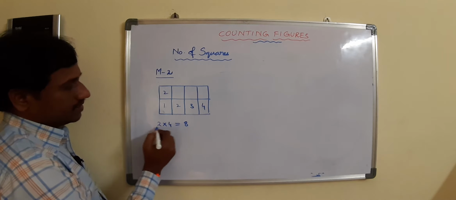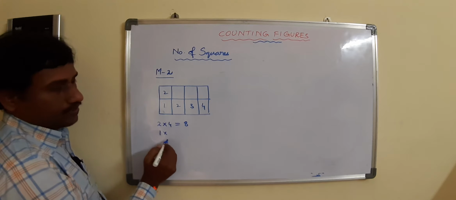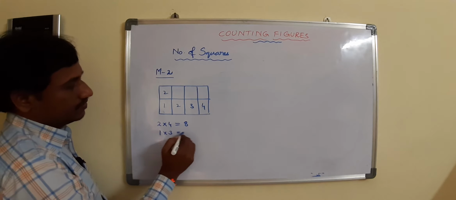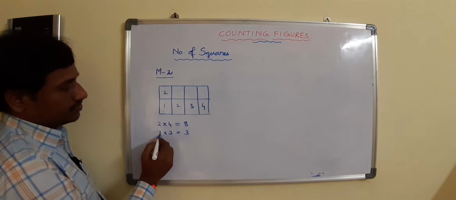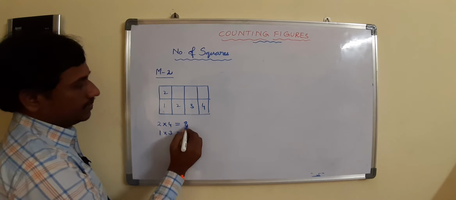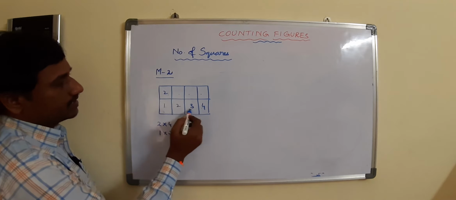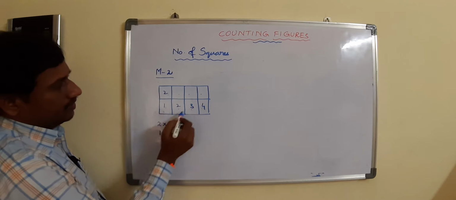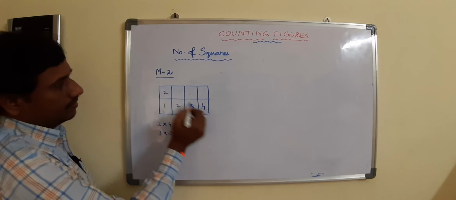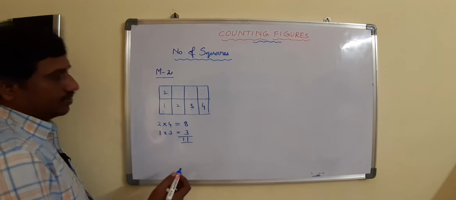And reduce these numbers by 1, means 2 minus 1, 1. Similarly do here also, 4 minus 1, 3. 1 into 3, 3. Next if you reduce 1 by 1, it becomes 0. Then no need to take. Then 8 plus 3, 11. Count here: 1, 2, 3, 4, 5, 6, 7, 8. And 9 and 10 and here 11. Manually count. And we'll take one more problem.